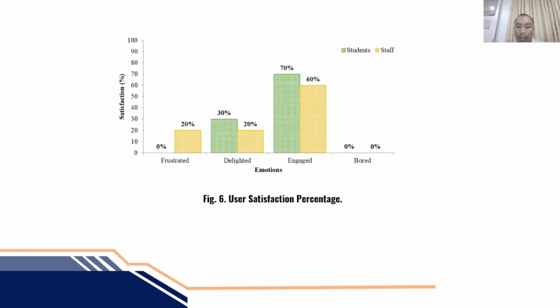So this is figure 6 representing user satisfaction levels. It demonstrates that 20% of staff members and 0% of students reported feeling frustrated, while 30% expressed feeling delighted. Additionally, 70% of students and 60% of staff reported a sense of engagement, while no participants reported